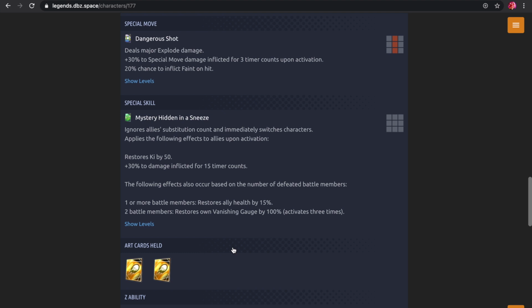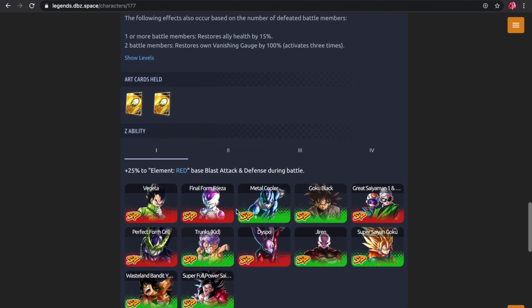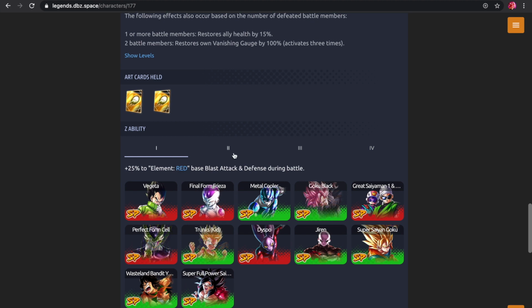The following effects occur based on the number of defeated battle members. 1 or more battle members: restores ally health by 15%. 2 battle members: restores own vanishing gauge by 100%. Activates 3 times. So she is going to be...